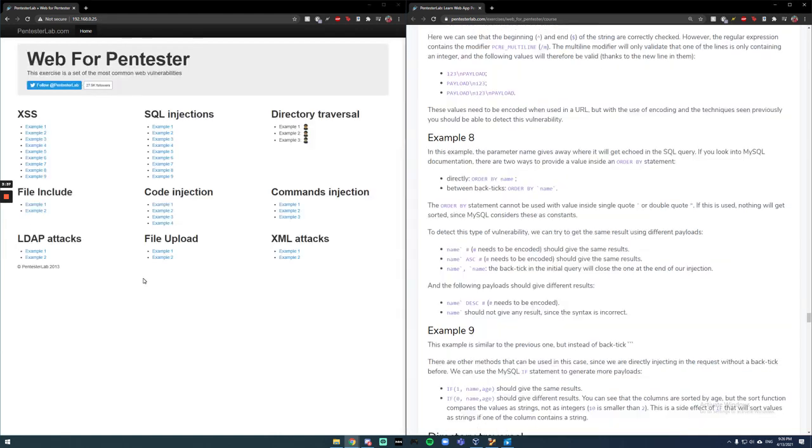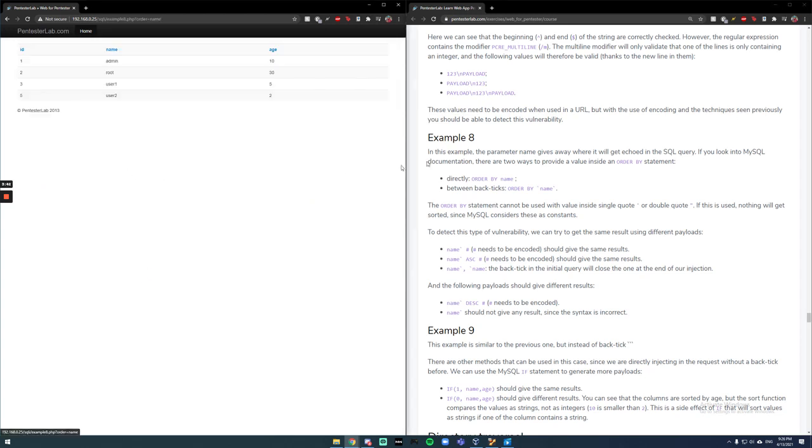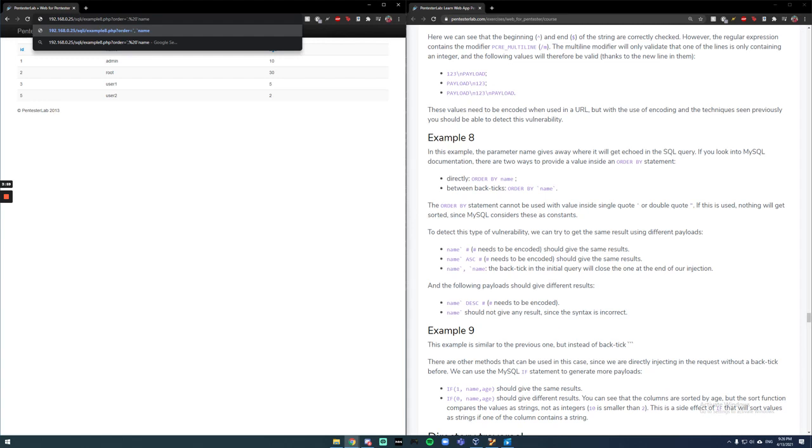Now we're going to continue with our laboratory towards example number 8. If we see here on the sheet that the Pentester Lab provides us, we will now order it by name. Our result will be very similar to the one we have here, but we'll be ordering it by name. So we add the name expression normally, and then we add this encoding and the name, as we see right here,